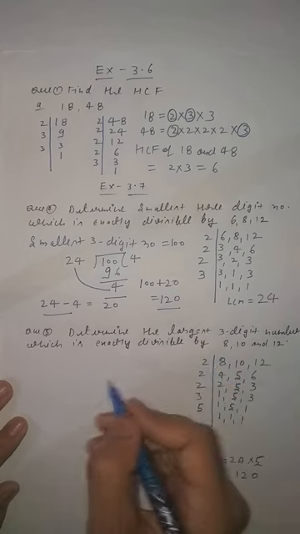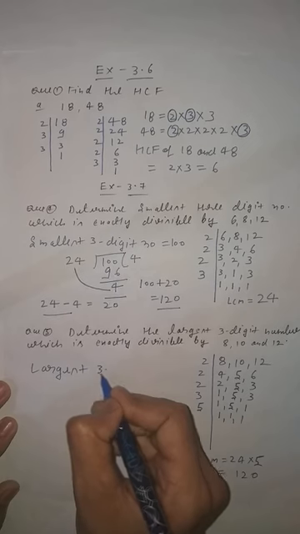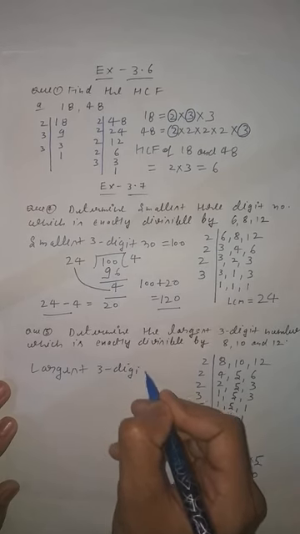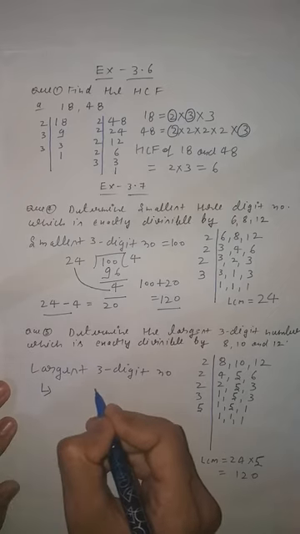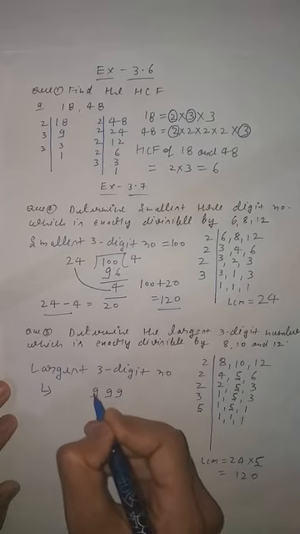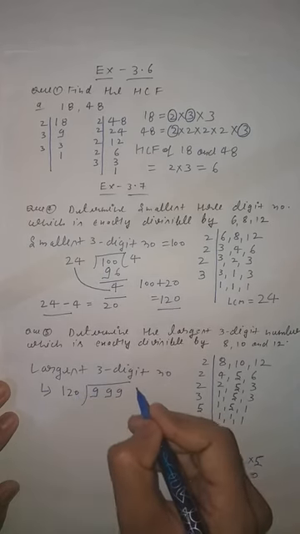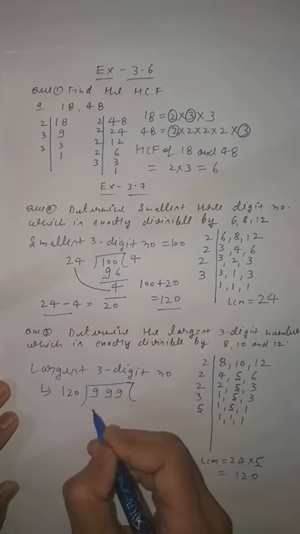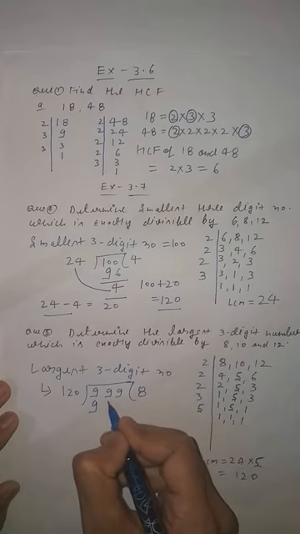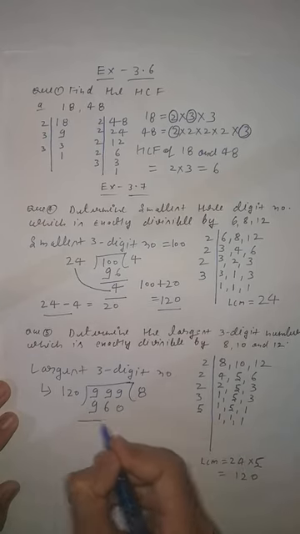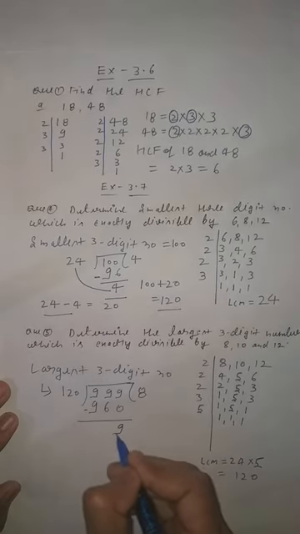Now you know that the largest 3-digit number is what? The largest 3-digit number equals 999. Next what will you do? You will again divide it like that question. So 120. Now you know that in the table of 12, 12 8s are 96. So you will write down 12 8s are 96 and 8 0s are 0. Now what will come here? 9, and 9 minus 6 is 3.